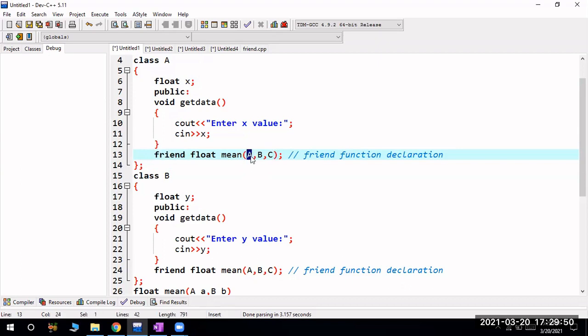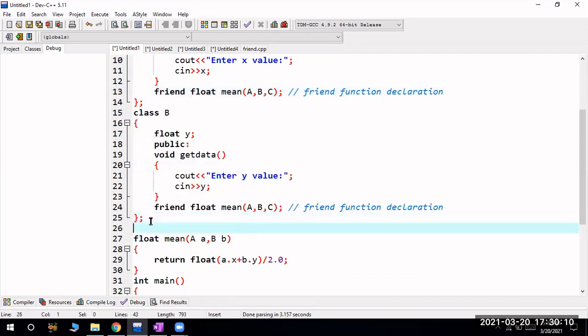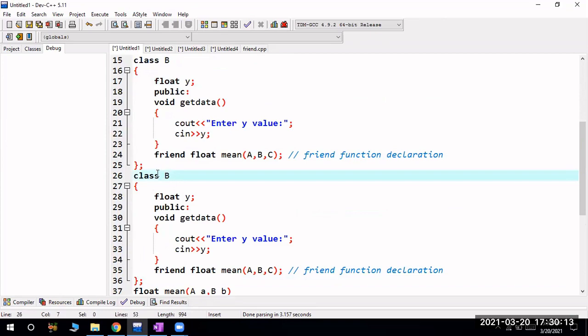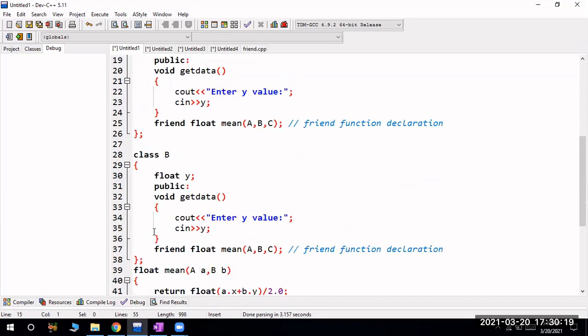So if you want to access this private data of class A, then I have to access it only by using the objects of class A. And for B, if I want to access the private data of y, then I have to create the object of class B. And so for class C, in the same manner I have to create the object of class C. Already over, this is your class A and this is your class B and this is your class, tell me what is this one? C. Class C. Okay, class C has a variable z. So get data, enter z value, and it will take that value.